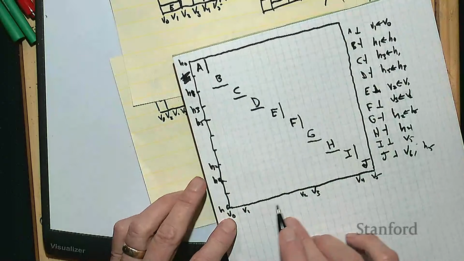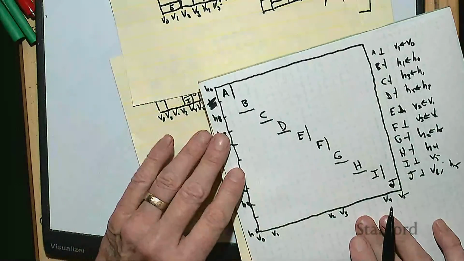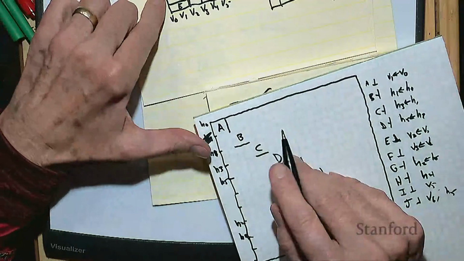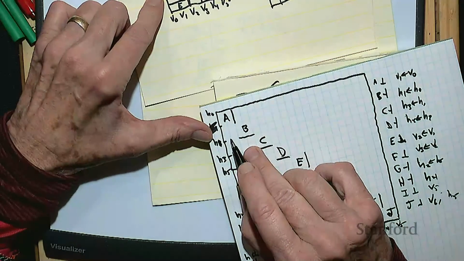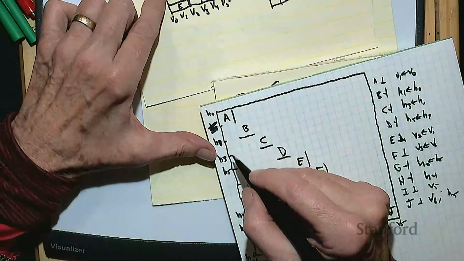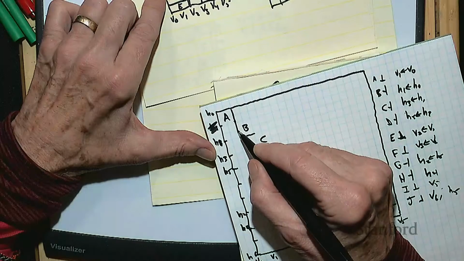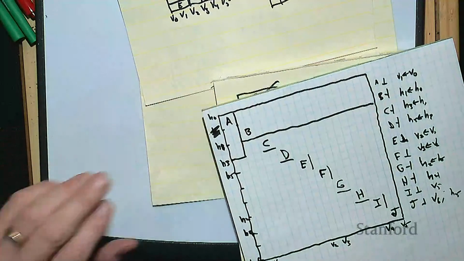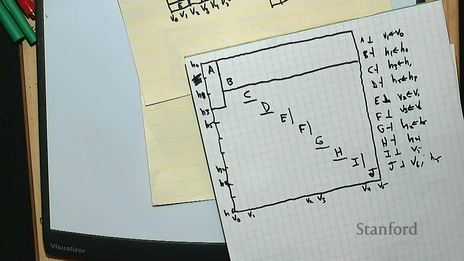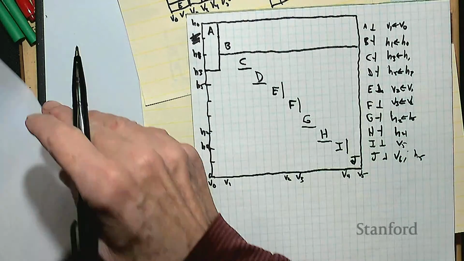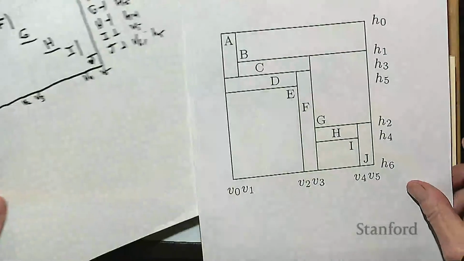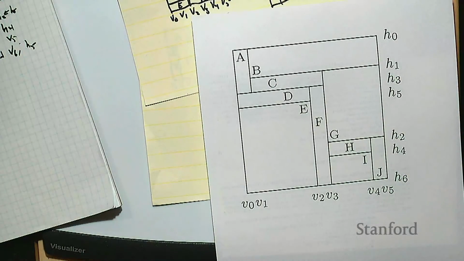Now I know where the bounds are in this thing, and so now I just have to draw the diagram, so I know that A goes from V0 to V1 in one direction, and H0 to H3 in the other direction. So A is now here, and B is going to take over this whole space, and so on and so on. Okay, well I've got it here. So that's what I just constructed, and I say this is the canonical form